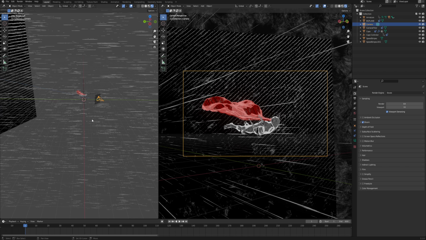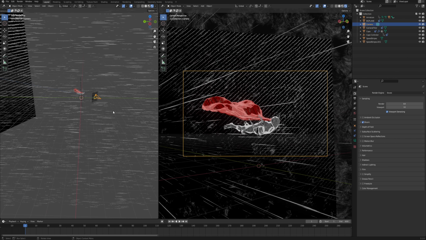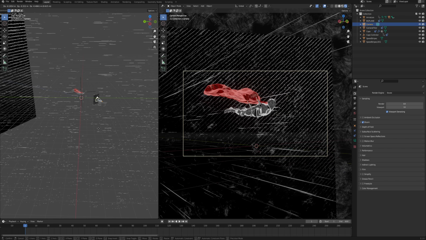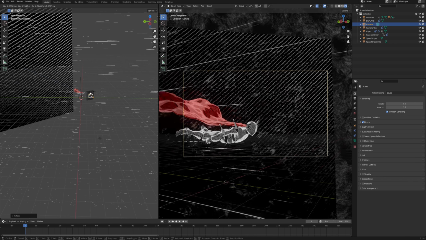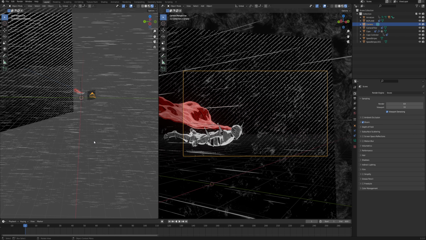Because what we will do is we will make this camera and we will move it around the scene, and at the same time we will record its movement with this auto keying feature. But right now, as we move the camera, you can see that we would have to move it and then rotate it and then move it again and then rotate it, which is a very slow and painful process.